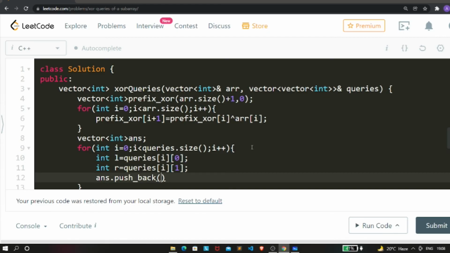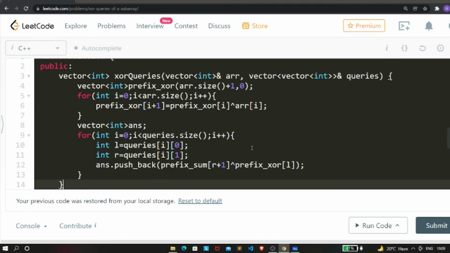Then we're going to use this formula: prefix XOR of r plus 1 XOR prefix XOR of L. So that's it, I think. So let me just return the answer